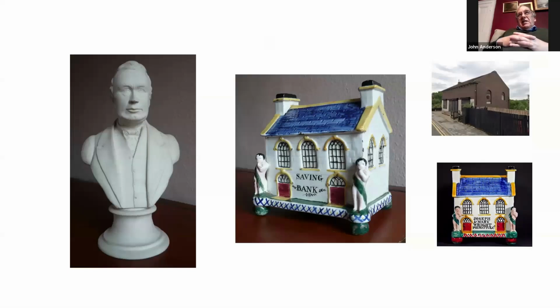There followed a few portrait busts of other significantly Methodist figures. There are ones known of Adam Clark, and this one is of the Reverend Dr. Joseph Beaumont. It was done in April 1854 by a chap called Edwin Sherritt, about whom I know absolutely nothing, or indeed who made this Parian